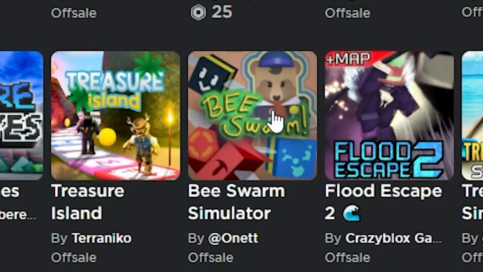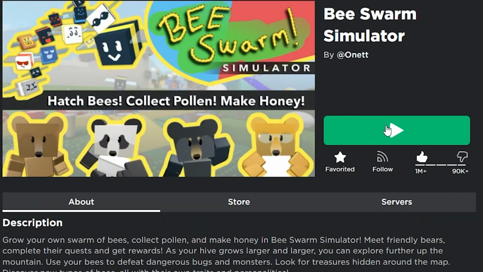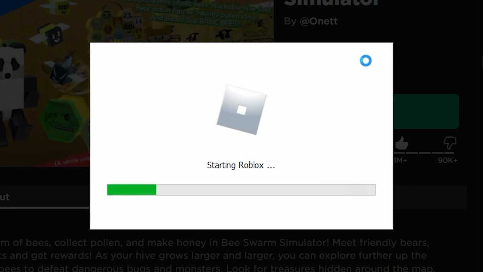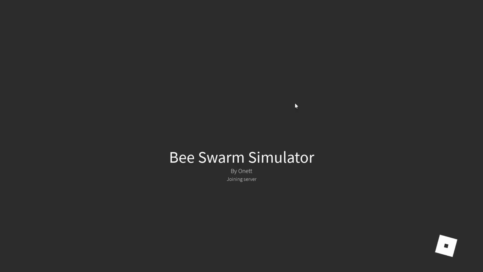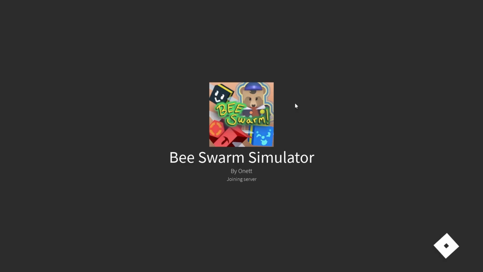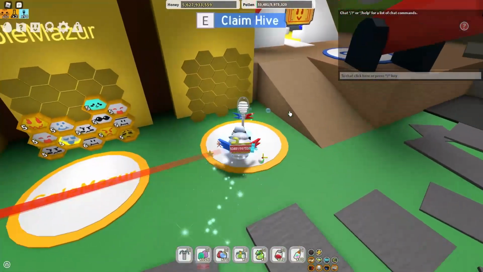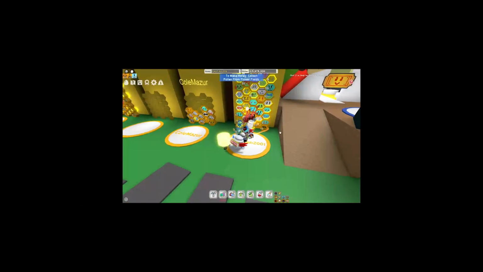Okay, next, Bee Swarm Simulator, which I'll once again go into the game for. This is usually the first thing people think of when they think of an actually good and not insanely pay-to-win simulator game. I played this game like the day it came out, or the day after, or something like that. Yes, the best hive is available. Not that I'm going to be playing for 10 hours like I do pretty often.